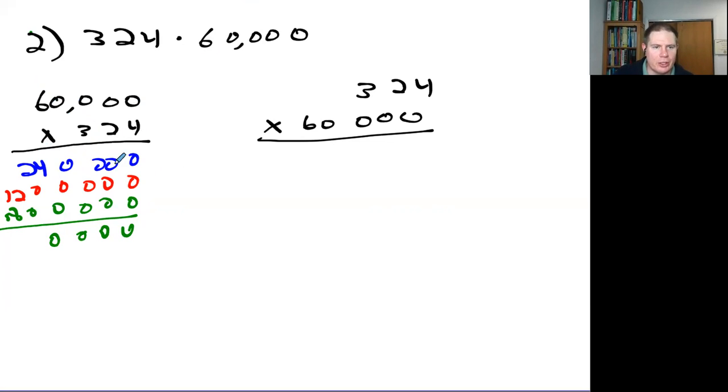But keeping everything lined up, okay, 0, 4, 6, okay, 0, 0, 0, 0, that looks like 4. And then 8 plus 2 plus 2, so it's 10 plus 2 is 12. 1, 2, 3. So I've got 3, 2, 4, and then 1, 2, 3, 4 zeros. It doesn't seem quite right. 324